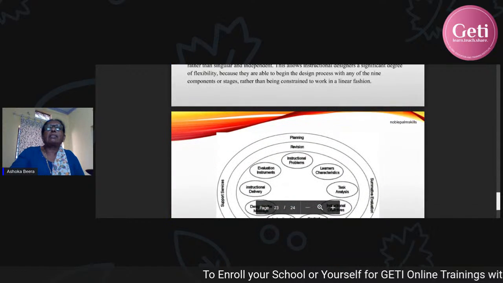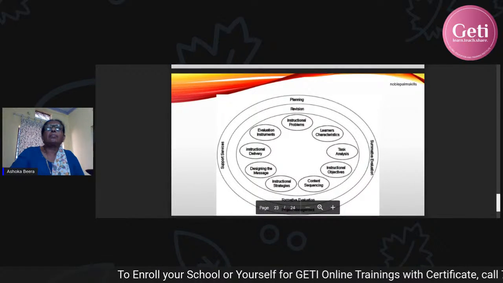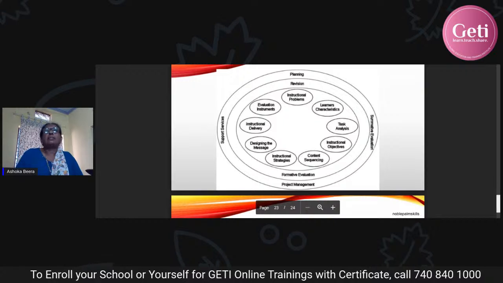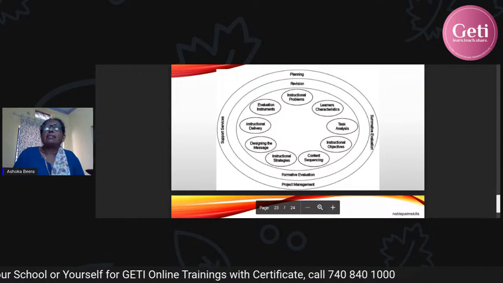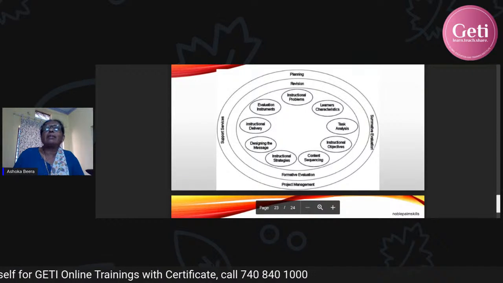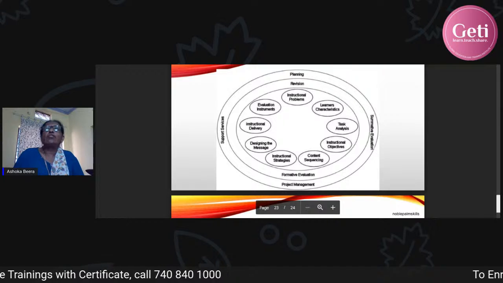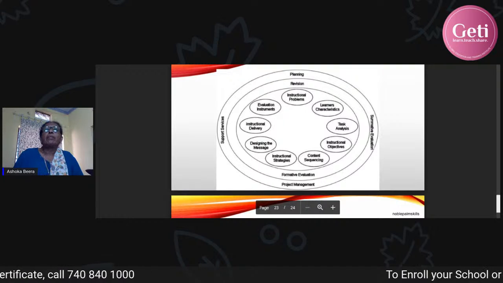So let's just see the model first. This is how the model is. It is circular, and all the contents of it are interdependent.